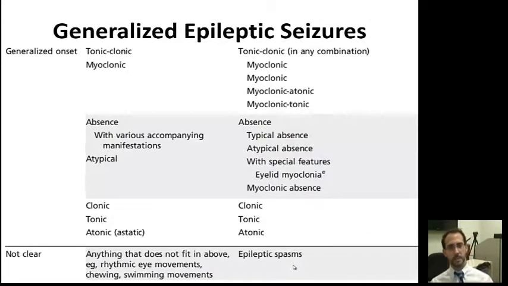So for generalized epileptic seizures, they were previously described as pretty much tonic-clonic, myoclonic, and there were the absence seizures. Now in the new classification, they describe the tonic-clonic, but also in combination with myoclonic, and then they can have myoclonic and atonic seizures, myoclonic and tonic seizures, and we'll get to those terms in a while. I know they seem to be a little bit complicated, but you'll get a good explanation for that. So absence seizure, you might have heard about this before. And also spasms are being described as a part of the generalized epileptic seizures.